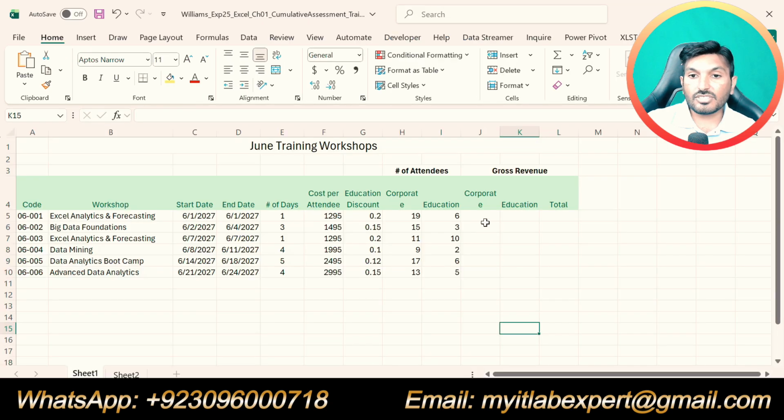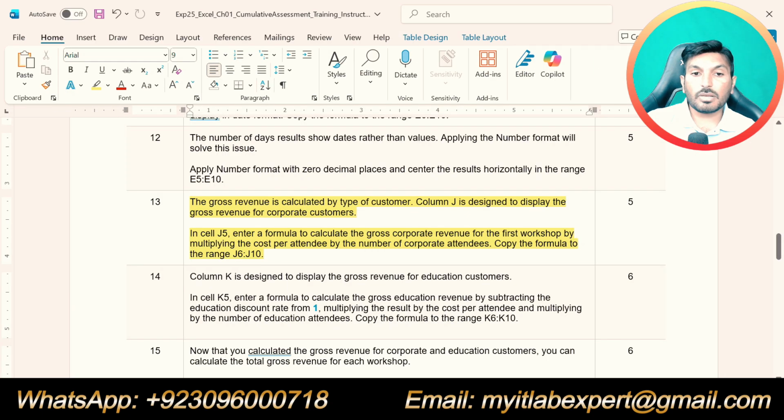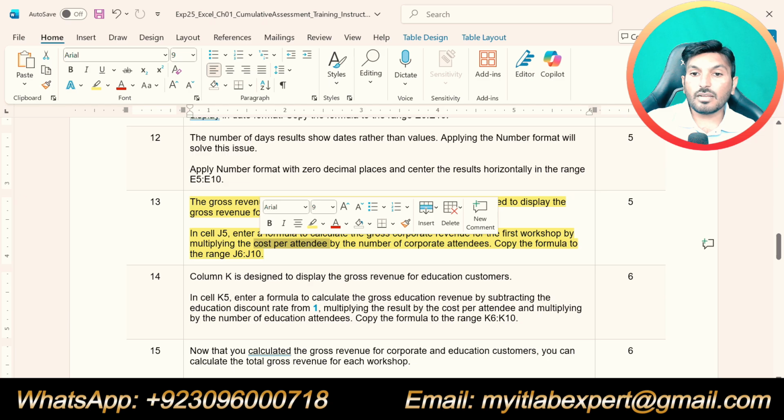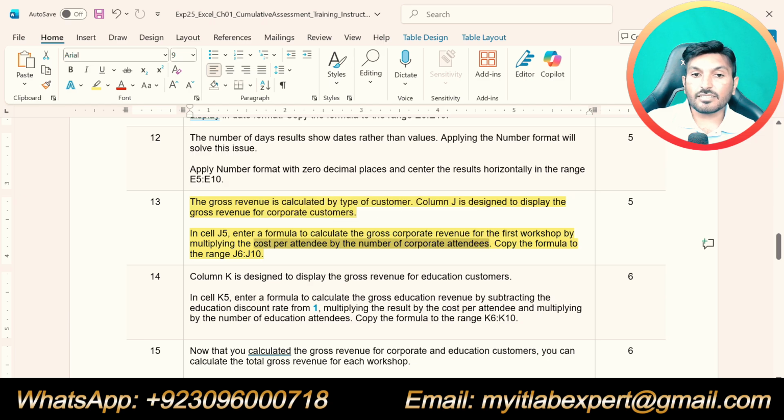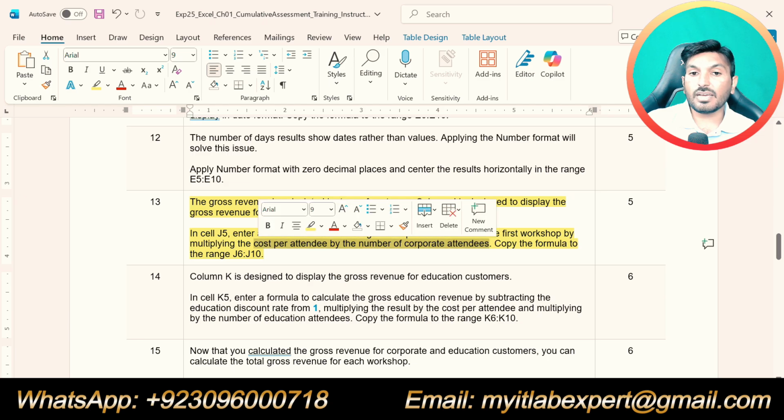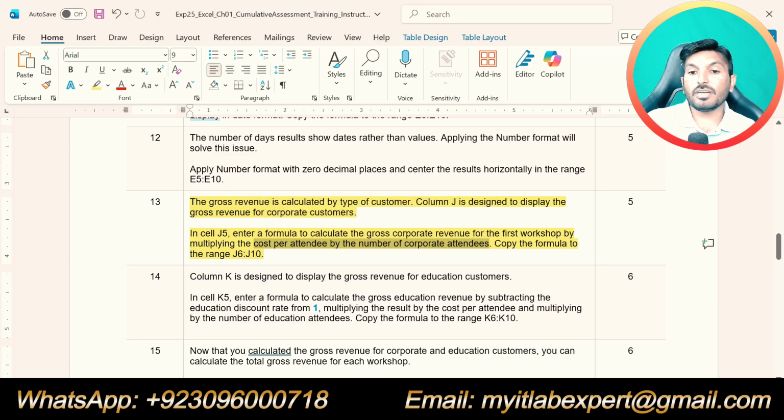So now in cell J5, we are supposed to calculate the gross corporate revenue for the first workshop, Excel Analytics and Forecasting. That we can calculate by multiplying the cost per attendee by the number of corporate attendees.